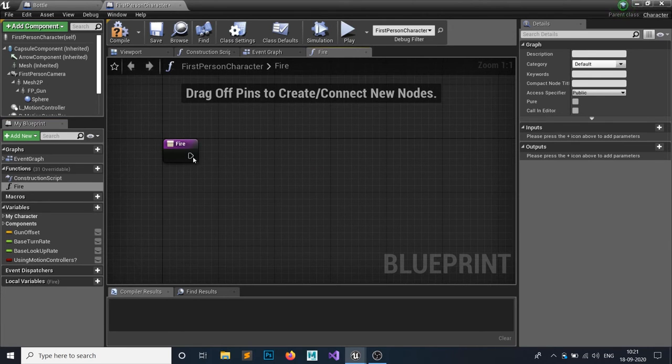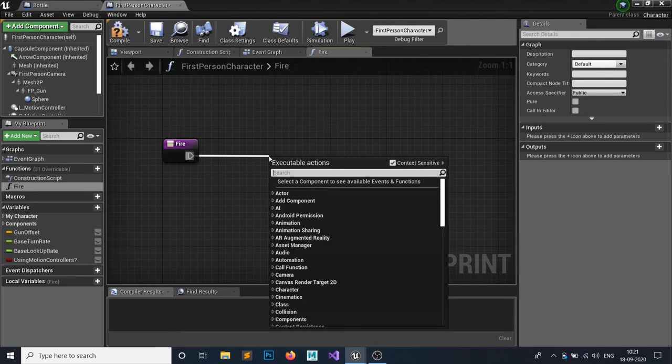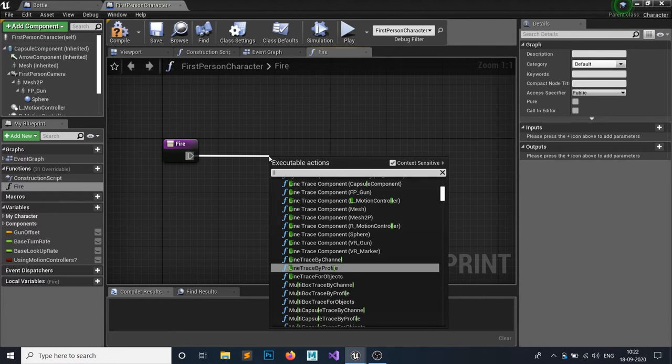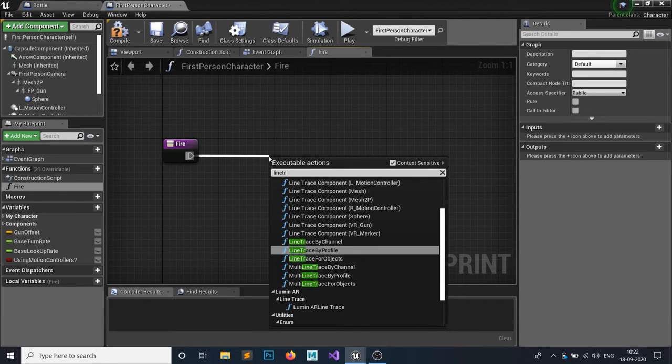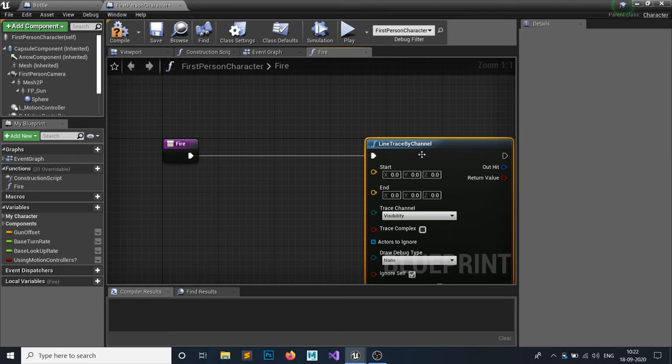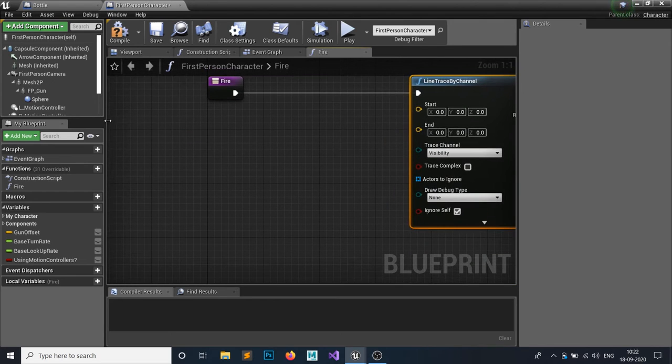So this would be Fire, and what I want to do is a line trace. Whatever our line trace hits, we're going to set functionality to apply damage. So use Line Trace By Channel, because a bullet is a line trace rather than a sphere trace.